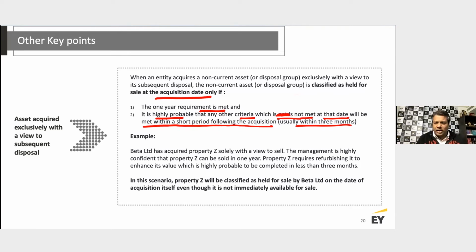And hence you can classify them as non-current assets held for sale on the date, even though they are not immediately available for sale in their present condition. That means I intend to refurbish it. So it's a slight deviation, and that's why, as I said, some of these principles are not intuitive, so you may need to try and understand why we are saying this, and internalize some of these